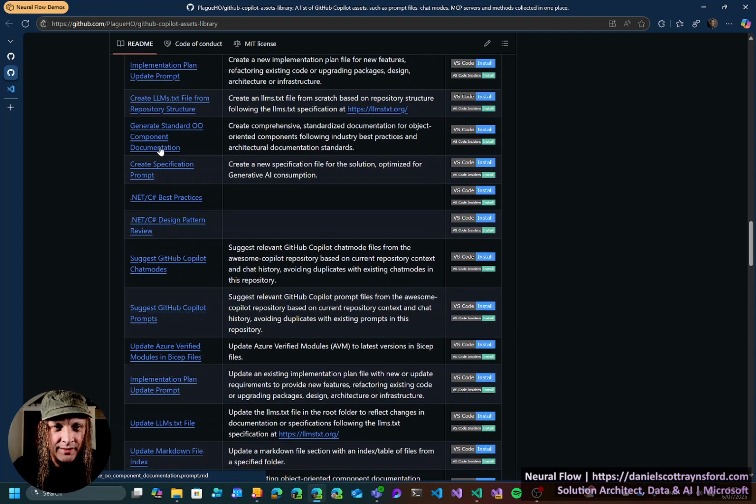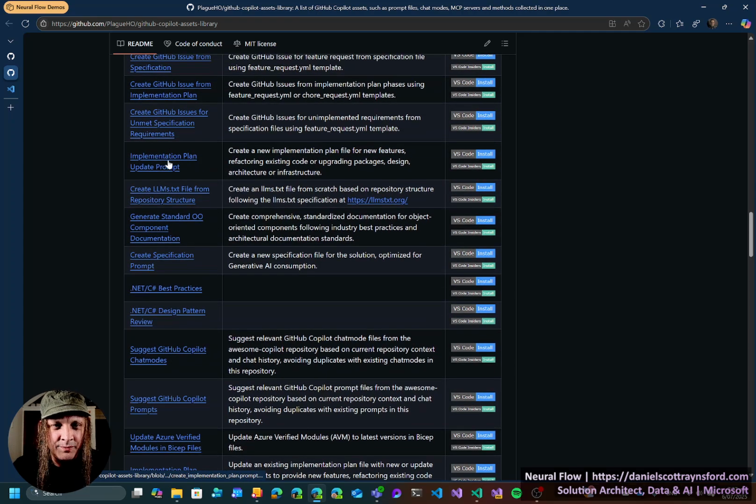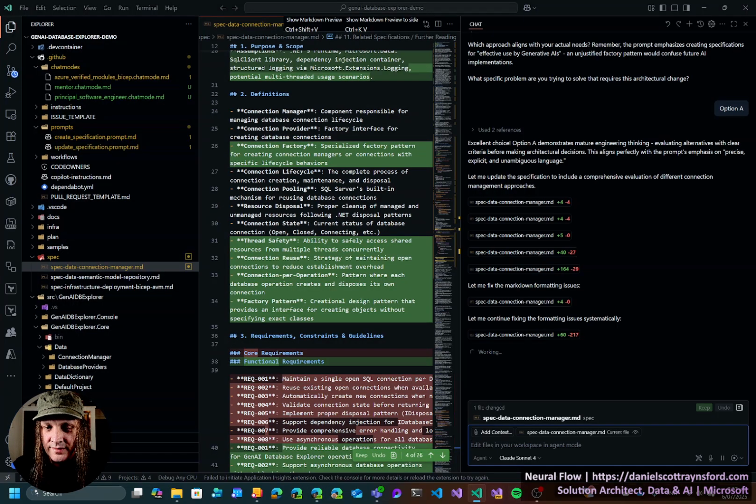That's the create. It must be this one here. Implementation plan update prompt. So this is the one. I just need to update the name of it. It looks like it's got a bit of a bad name there. But this is the prompt I want. So I'm going to install that via my previous method, my inception method, where I'm going to use the